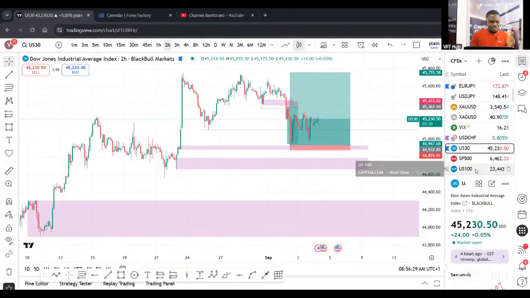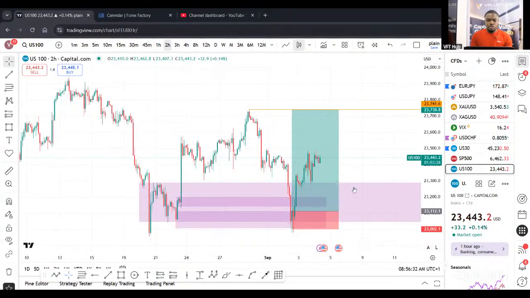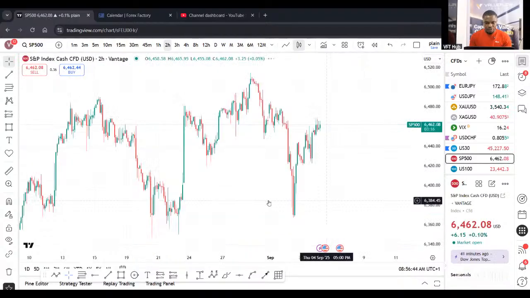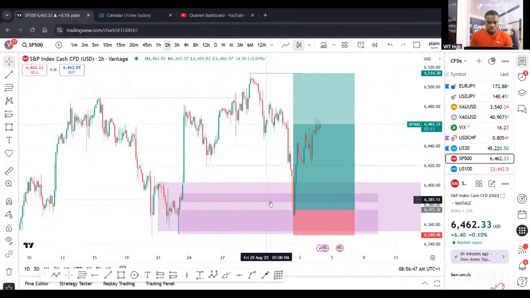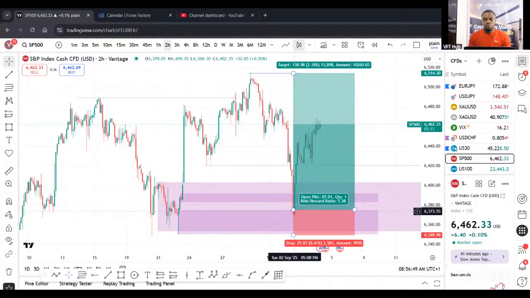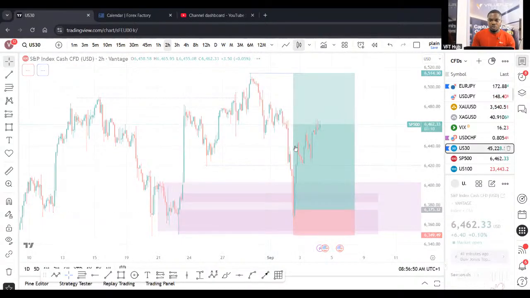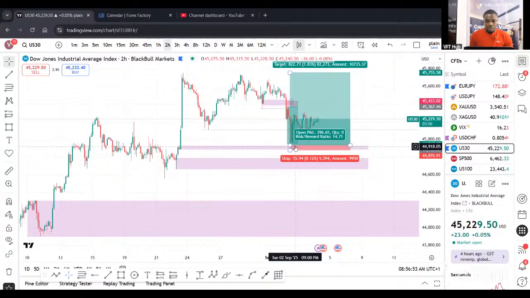Somewhere along the line you didn't happen to be on the chart when all of this happened, right? For me, I was on this chart when price took me out here, right? And then took me out here, right? But for S&P 500, I didn't have to take this loss. I just came and entered from here. And also US 30, entered from here. And so that's the whole analysis on